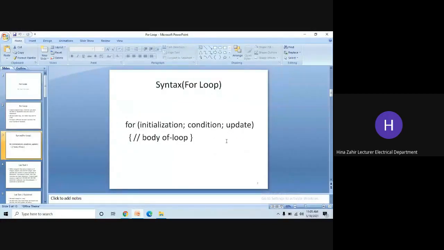Inside these braces, you have to do everything. For example, when the loop starts, when it will finish, and how many steps it has to take. So whatever that is would be written inside these parentheses or small brackets.